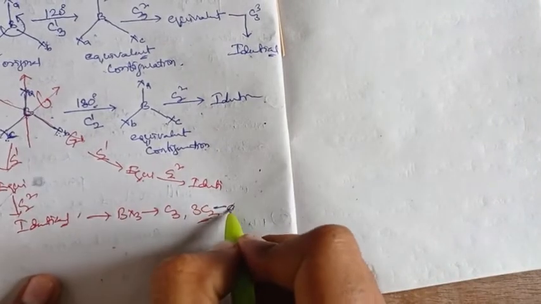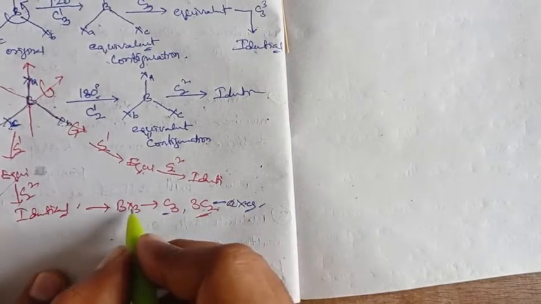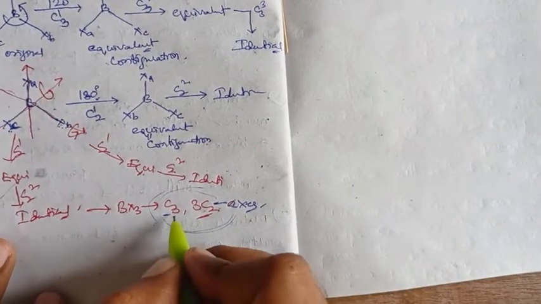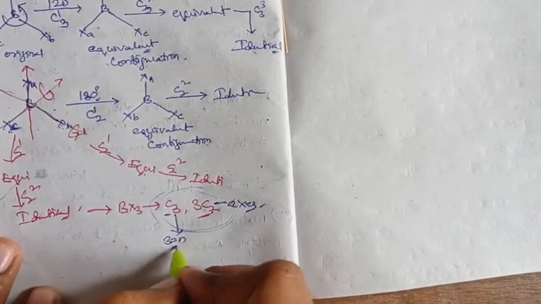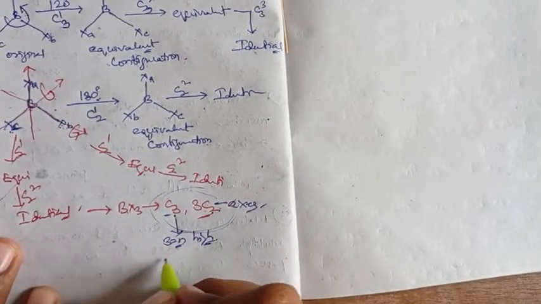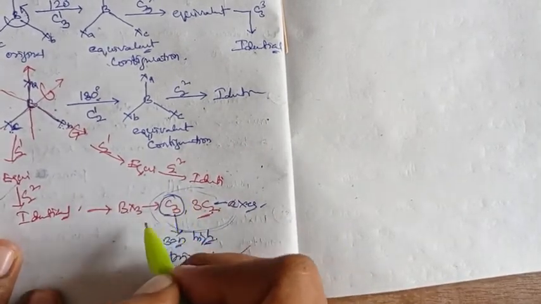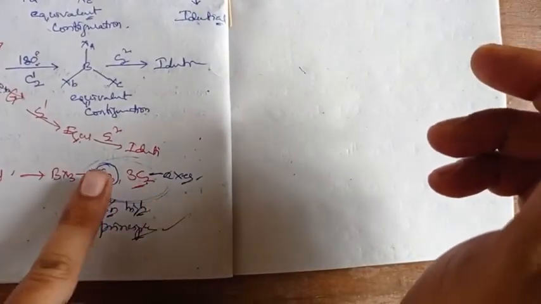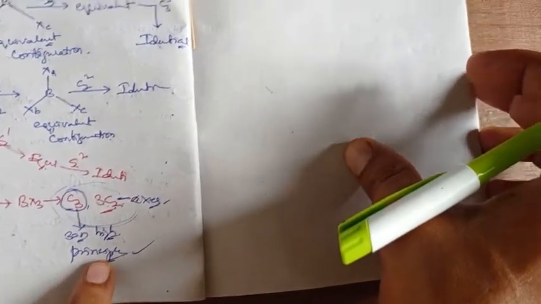BX3 has multiple rotational axes, four in all, of which one is C3 and three are C2. The C3, having the higher fold number 3, is considered the principal rotational axis of symmetry. Like this, when a molecule has multiple rotational axes of different fold numbers, the axis with the highest fold number is considered the principal axis of symmetry.